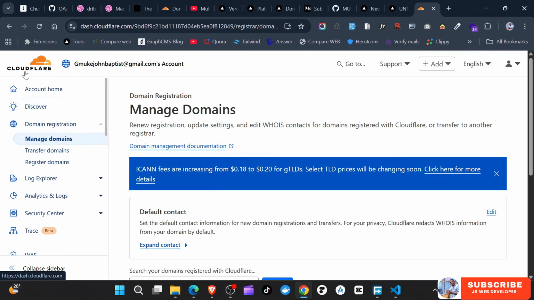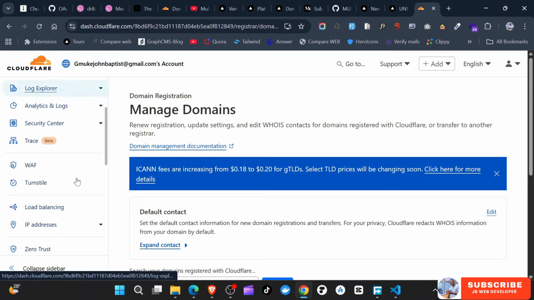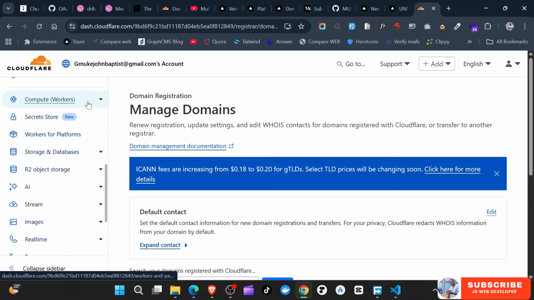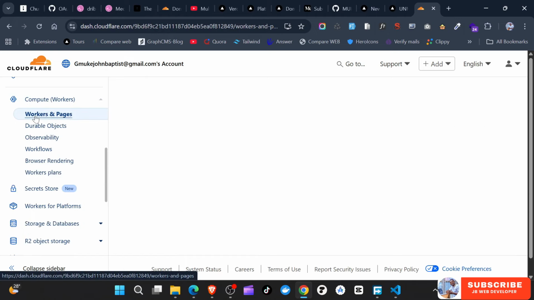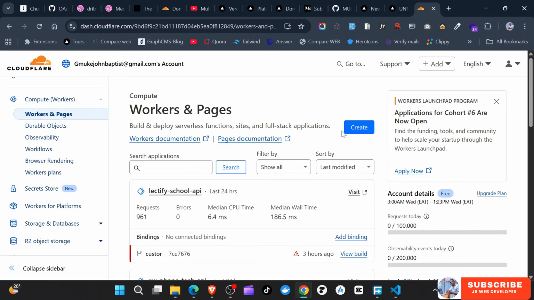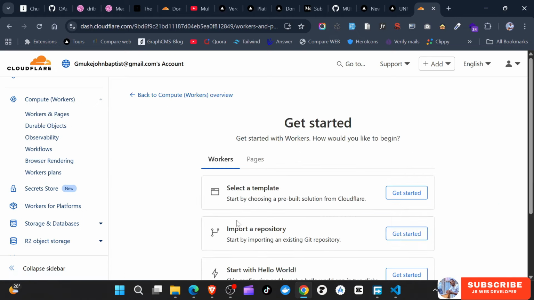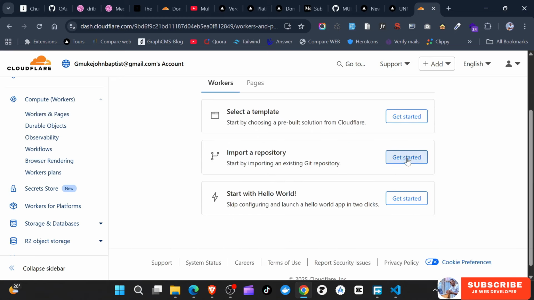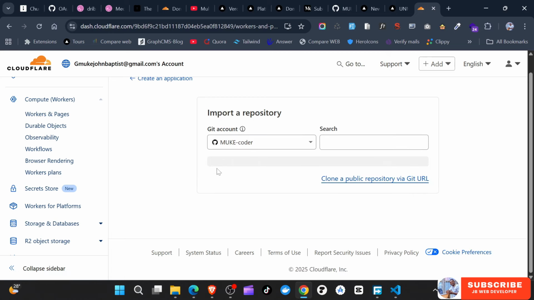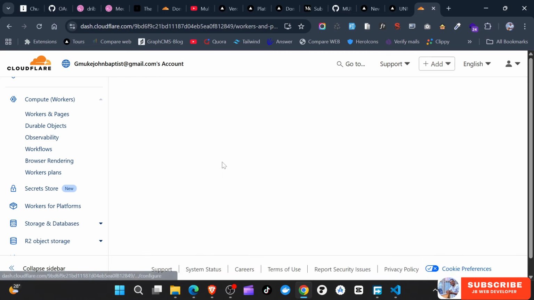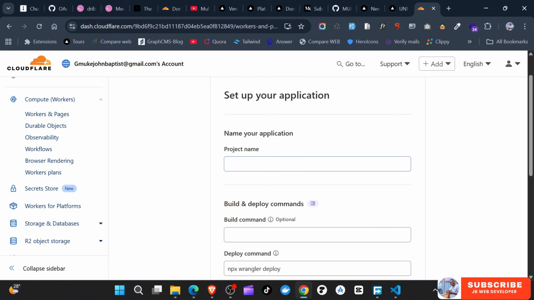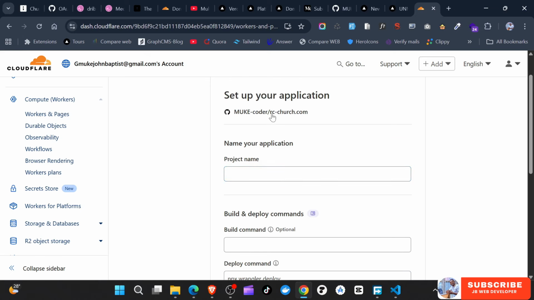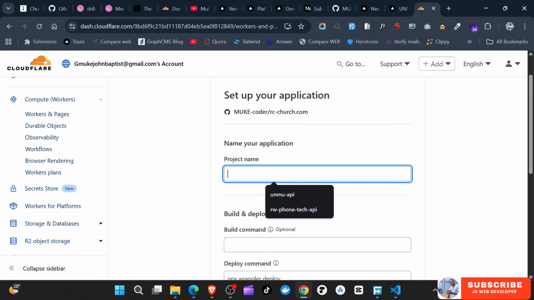So if you're going to deploy on Cloudflare, just create an account. Now scroll down to where we have workers, this compute workers. So scroll under this, click on workers and pages. If you don't have any new worker, simply click on create. And you're just going to select here import from a repository. And now we're going to put this rccharge.com. Now the most important thing is the project name. I'm just going to leave it as rccharge